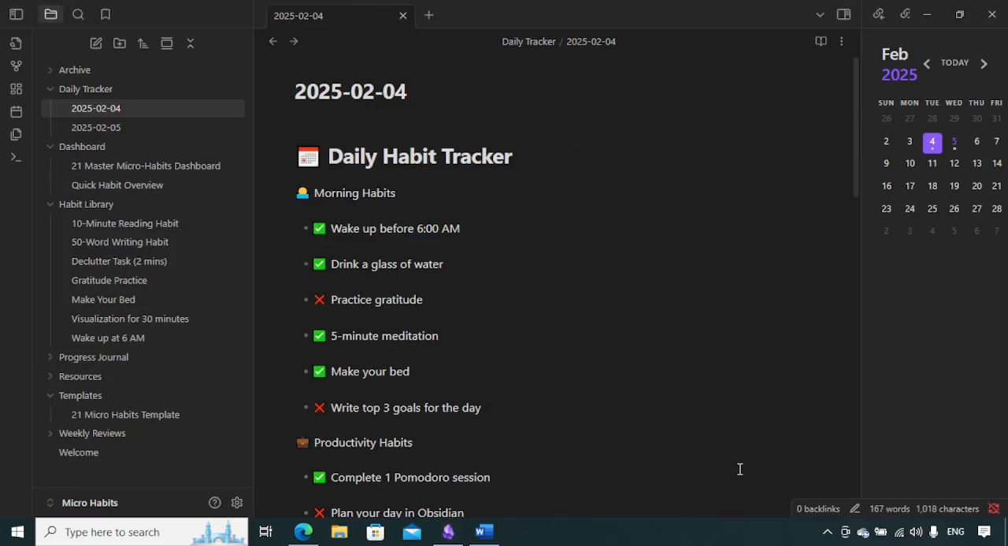Hi everyone. In this video, I am going to show how you can journal your progress in Obsidian. So far we have created a daily tracker, we have used a dashboard and we have a habit library. Now you have this progress journal folder where you can share your reflections or your ideas or your thoughts